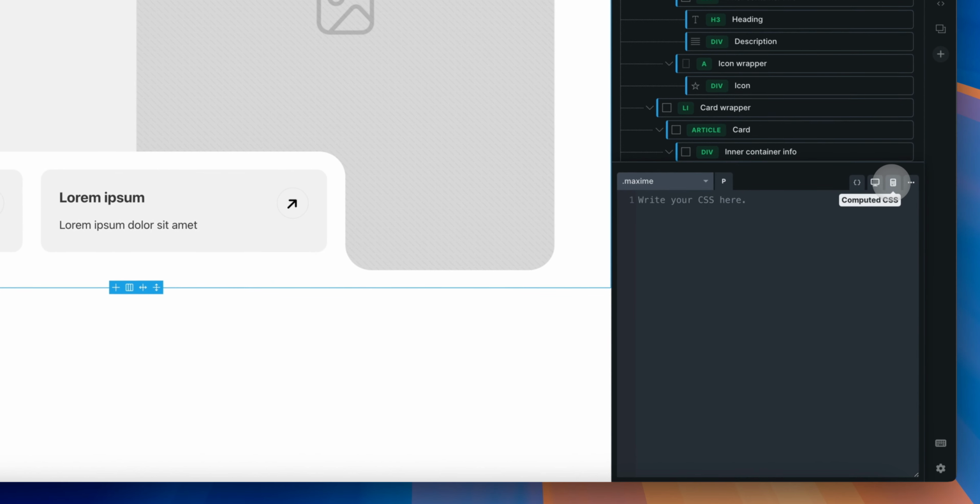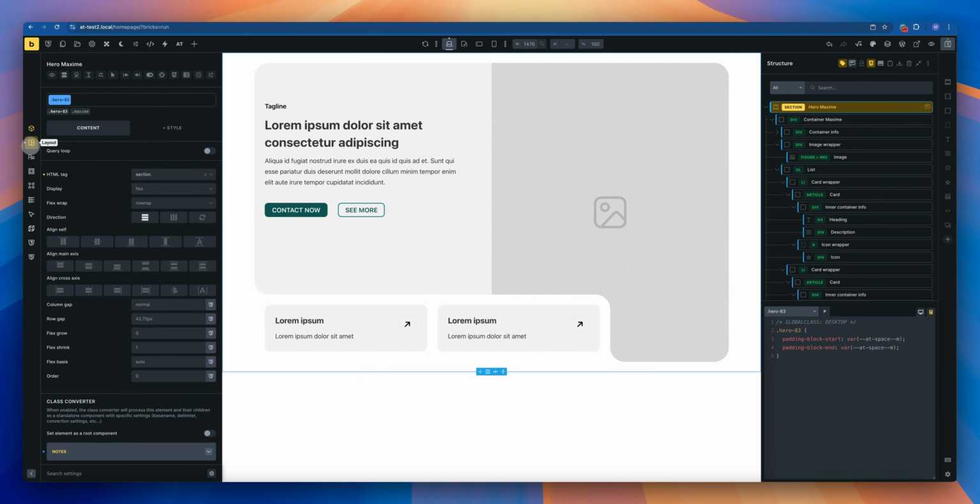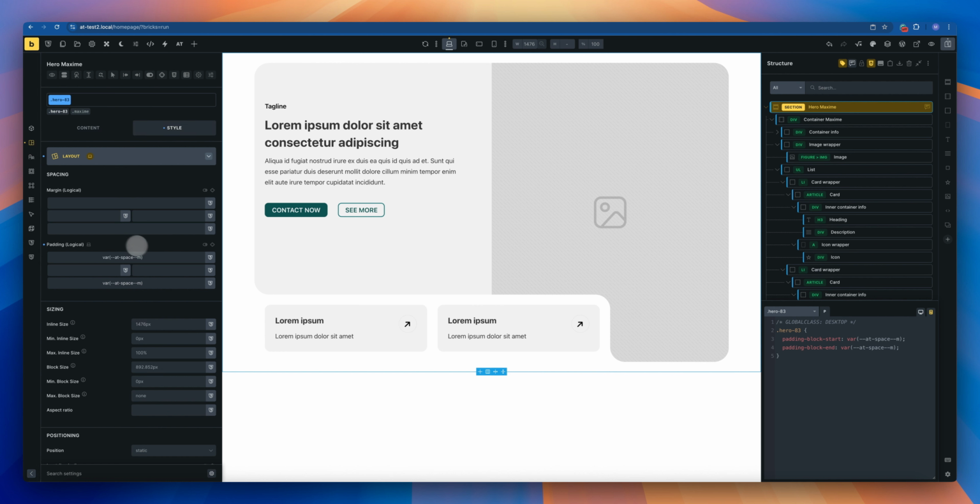And the third one, which is the one more interesting for sticky CSS, is the computed CSS. So if you click on it, right now on this section I have no style applied. Let's see if I go into Hero 83, which is a Brixie's template. You see that I have actually two styles applied: the padding block start and the padding block end. If I go to the layout, I can see that these styles are applied inside my controls. Okay, so if you jump on any